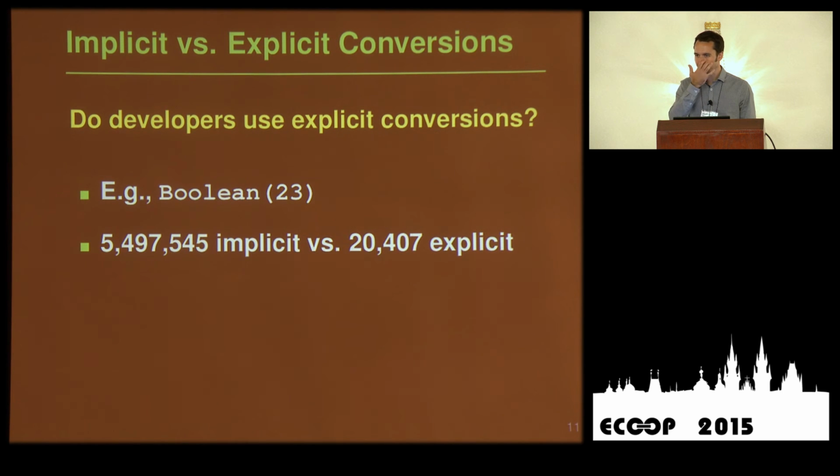Yeah. So do you expect that maybe this asymmetry is because programmers are reluctant to use what they may imagine is a more expensive explicit coercion in hot code, and therefore these 20,407 explicit conversions may be in infrequently executed code, and that in fact programmers are aware of these coercions, but are just reluctant to use them? So I think an explicit coercion is not necessarily more expensive. Oh, I know you know that. Maybe they don't. That's what I'm saying.